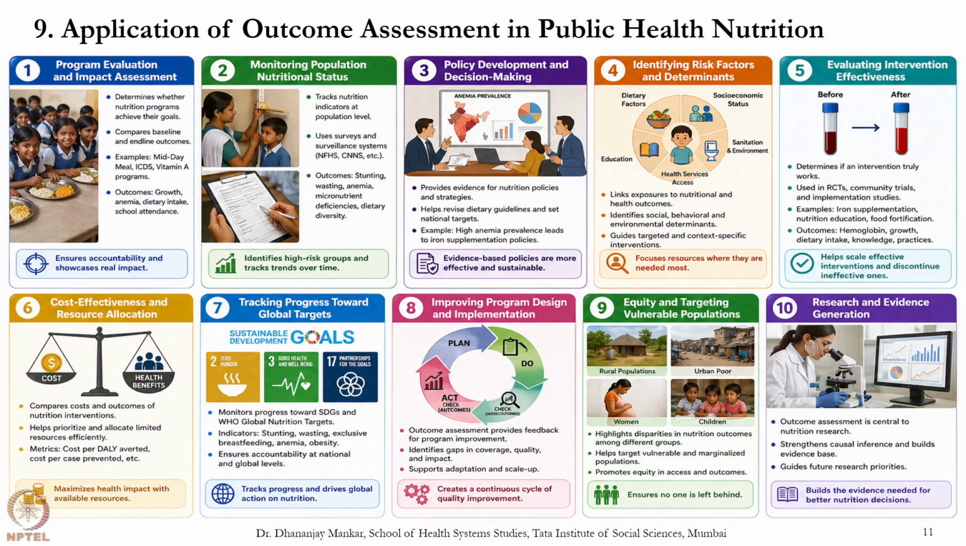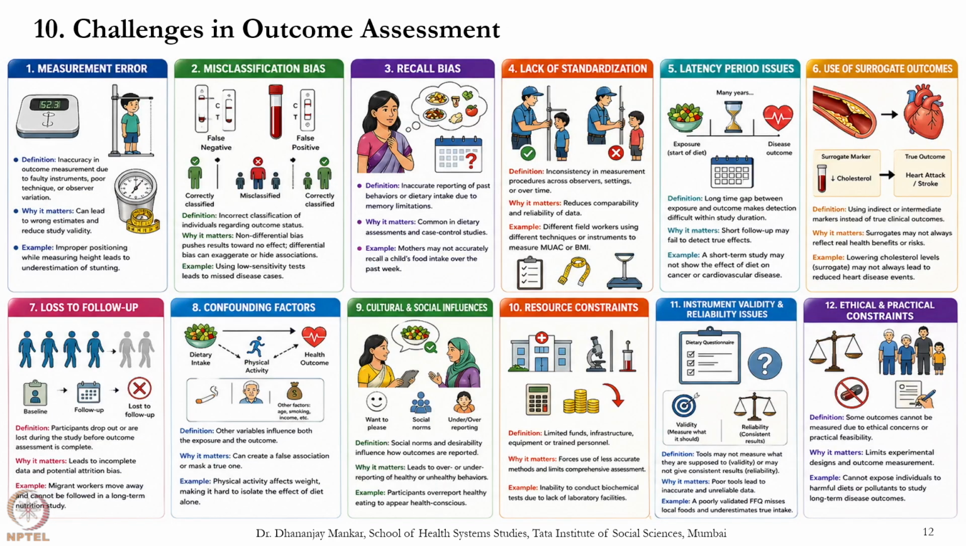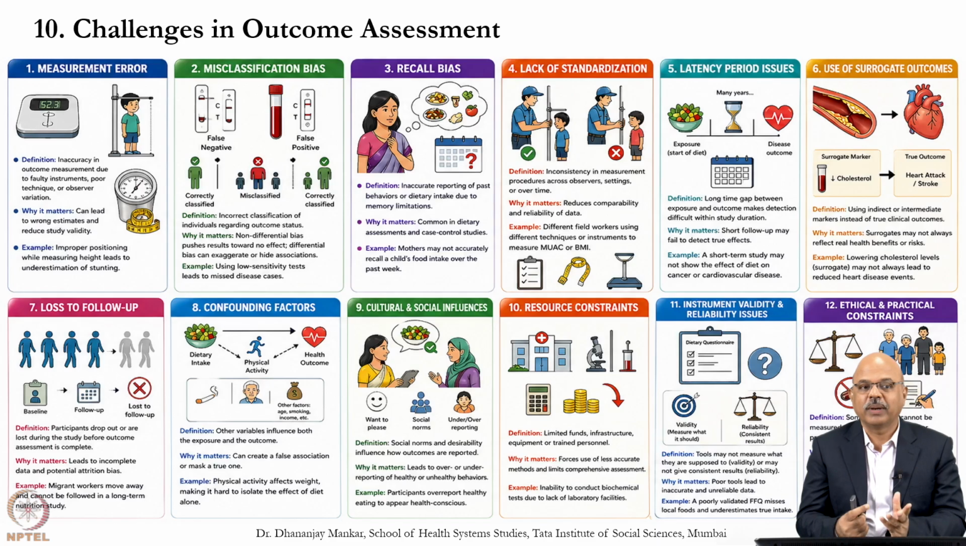Research and evidence generation is being seen as one very important application which builds the evidence needed for better nutrition decisions. Challenges in outcomes: measurement errors are always there. Misclassification bias cannot be avoided. Recall bias, where sometimes you may not be able to understand what the behaviors are, and you cannot even guess accurately for these recalls. Lack of standardization, latency period issues, use of surrogate outcomes being seen as a substitute, loss to follow up